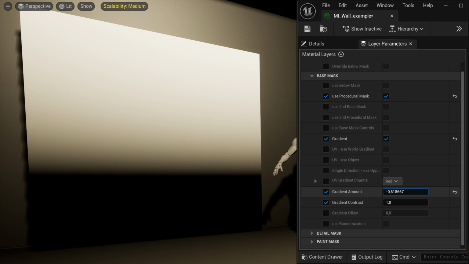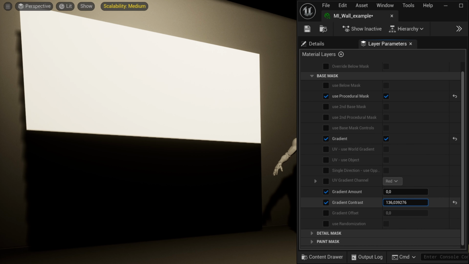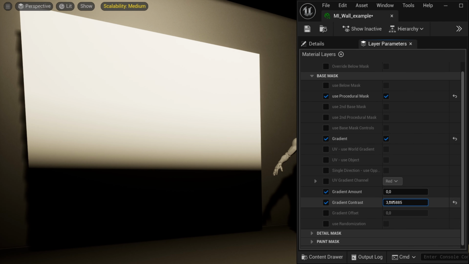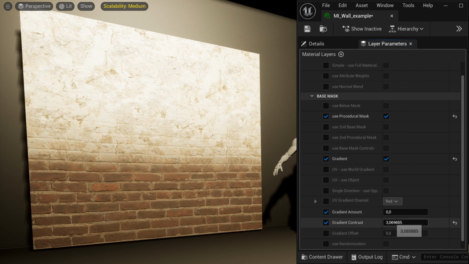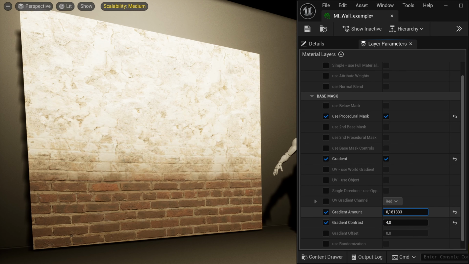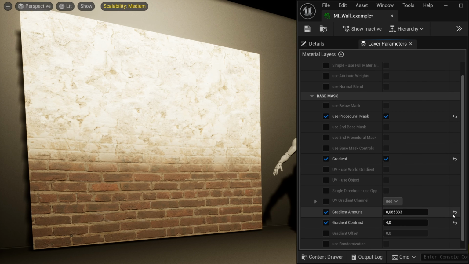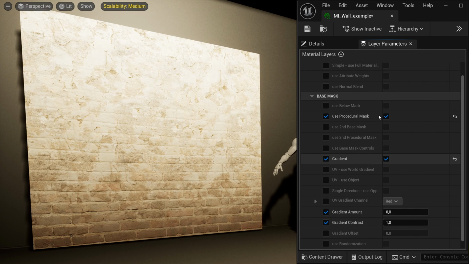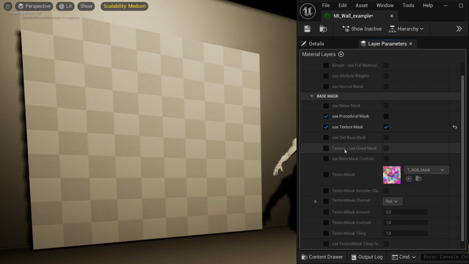In the procedural mask we select the gradient, which is the UV space gradient, and we can use contrast and amount to control the mask in general. And when we disable the mask debug, you can see both these two materials are blending by this mask that we created, and in the gradient area, which is not 0, not 1, there will be two materials blending into each other, like all the colors and the normals. So when we have enough contrast, like enough gradient area,